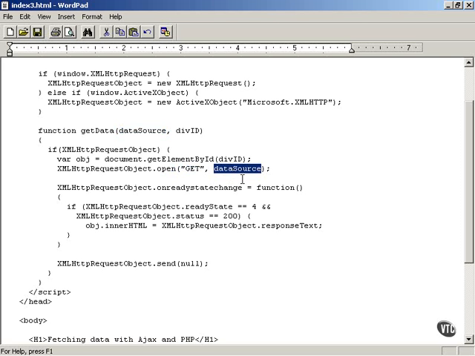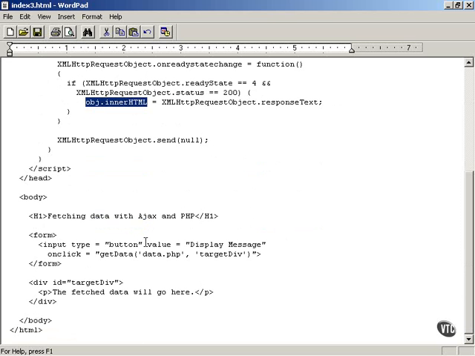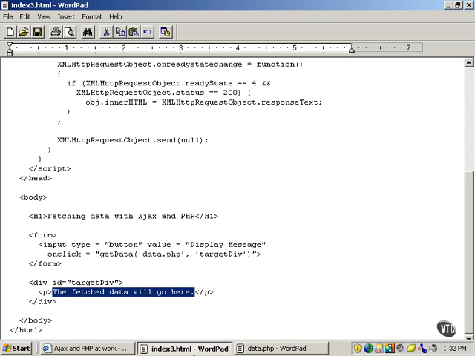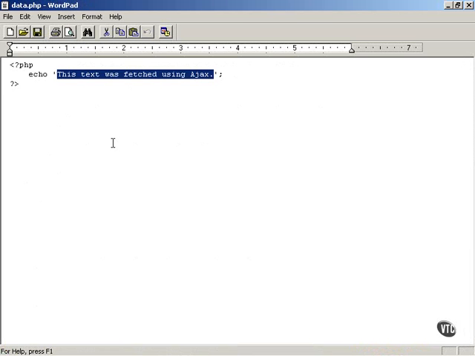Then what will happen is the data.php server-side script will be executed, and the text that it passes back to the browser will be read by using the response text property of the XML HTTP request object. And if all goes well, that will be displayed in the target div's HTML. So hopefully, when the user clicks the button, then you're going to be able to read data.php. If you're working with a PHP-enabled server, you will need a PHP-enabled server in order to work with this example. And if that works, if all goes well, then the fetched data will replace this text. The fetched data will go here,